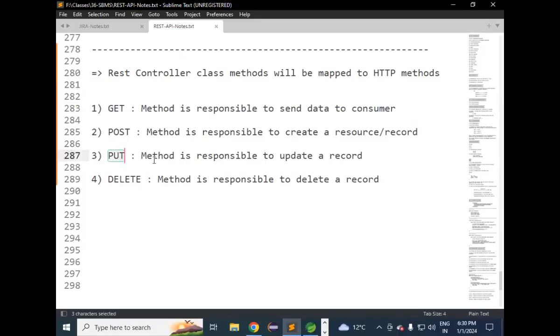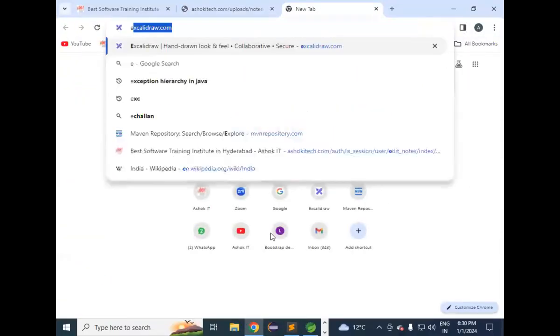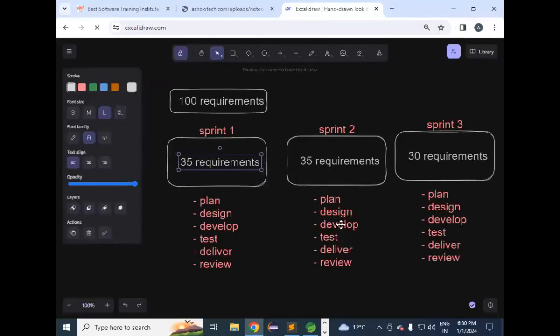Similarly, if it is responsible to update the record, then we will go for the PUT request method. Next one is DELETE. If the method is responsible to delete a record, then we will go for the DELETE request method. And another important point we need to remember,